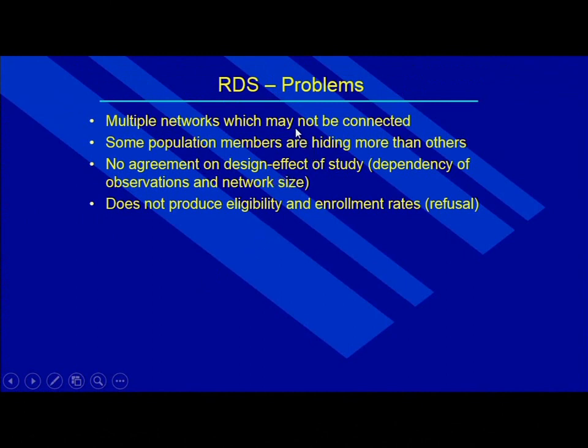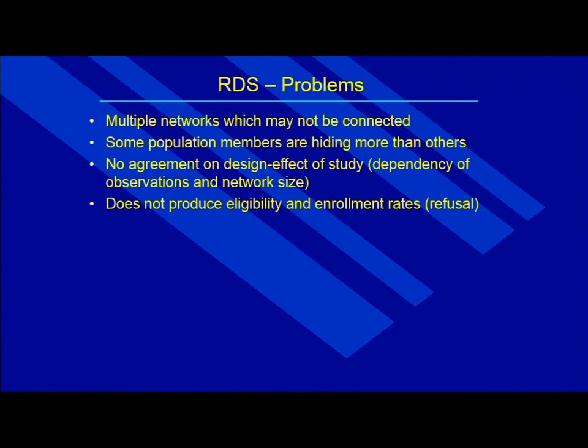So what are problems in RDS? Networks may not be connected. Some population members may be hiding. Some may be hiding more than others. Up to now, there is no good agreement on the design effect. And there is the dependency of observations, because people refer each other, so the observations are not independent as we would require